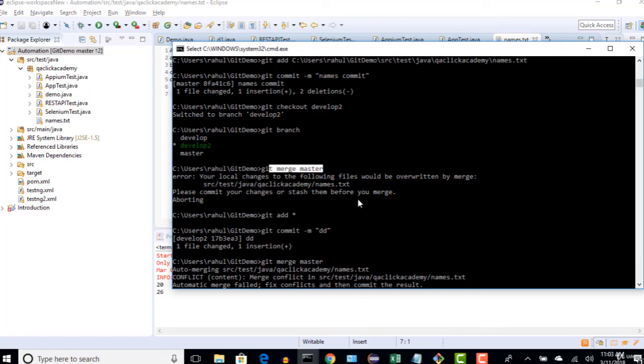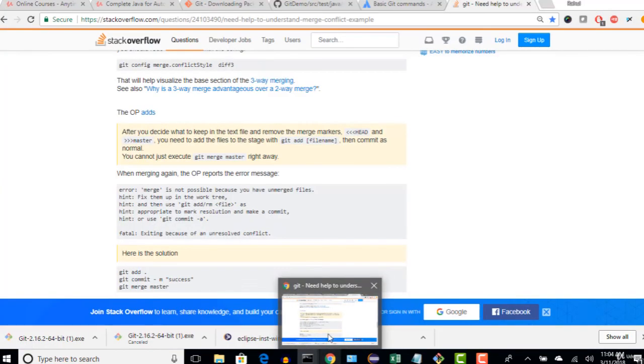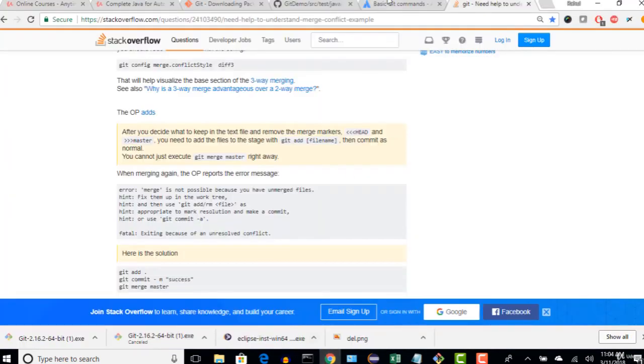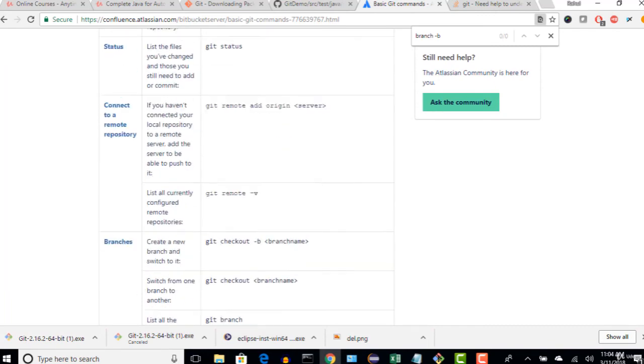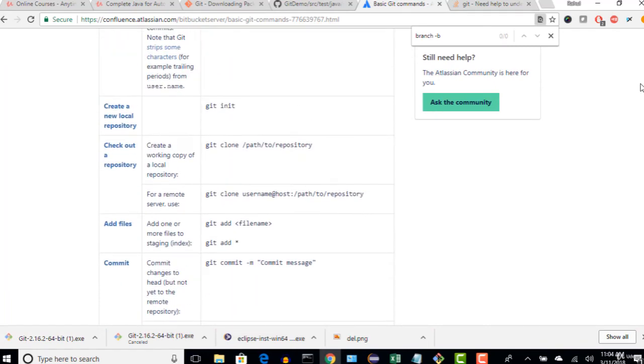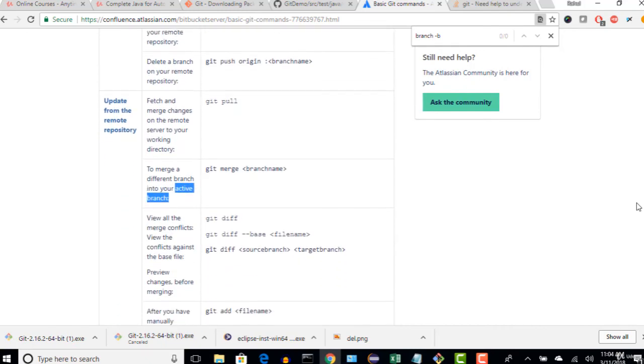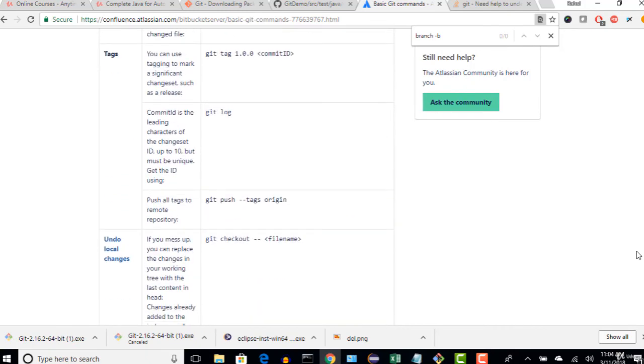But if you say that git checkout -b will create a new branch and switch to it, that's the concept. Okay, that is what official Git also provided us. So make sure you do that, and also go through these commands. I have covered most of them, but there are still a few which are not that necessary for us. So I guess I have covered everything. There is nothing left.